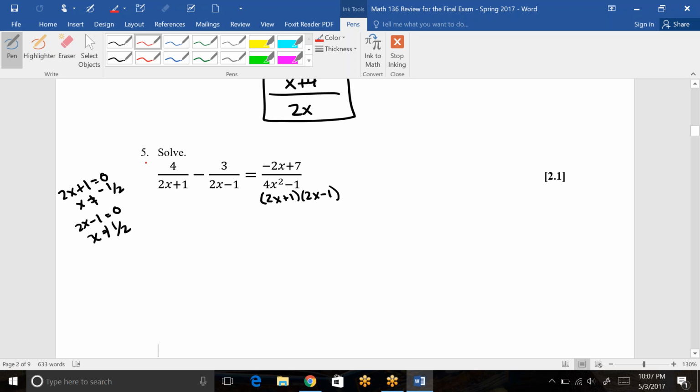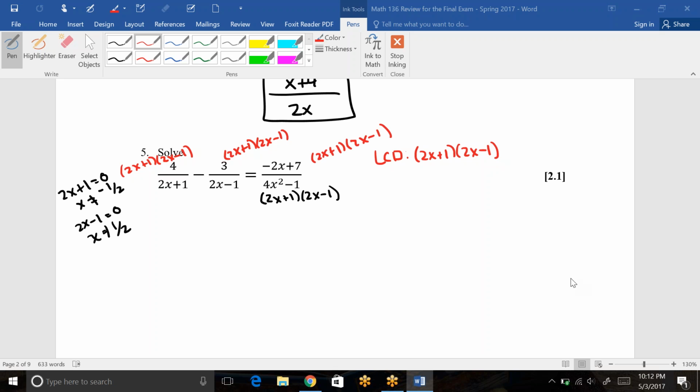So our rule for this was that we multiplied by the LCD. The LCD is going to be both parts. So if we multiply everything by that, just write it in. So we've got all of our factors multiplied across, and we're going to look for cancels. So we have the 2x plus 1s are going to cancel in the first fraction. The 2x minus 1s are going to cancel in the second fraction, and in the last fraction, the whole denominator